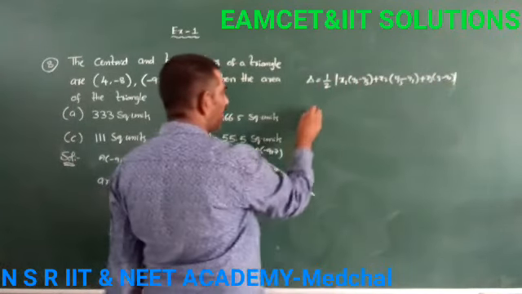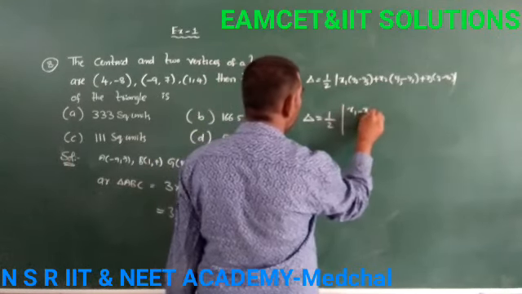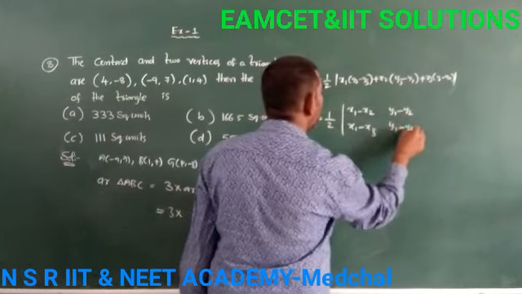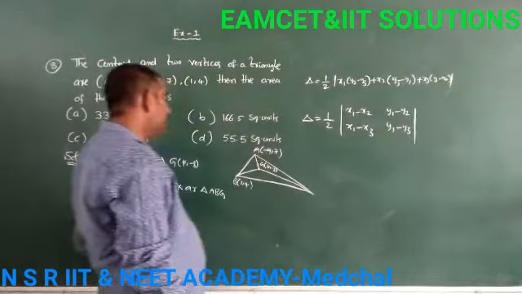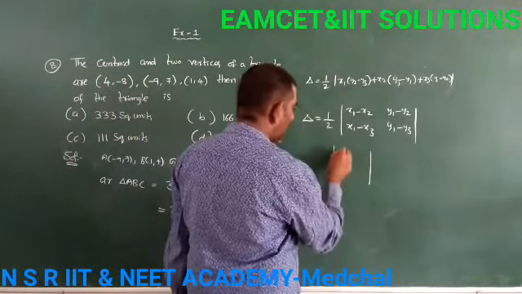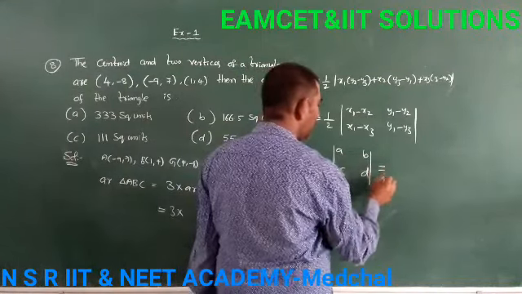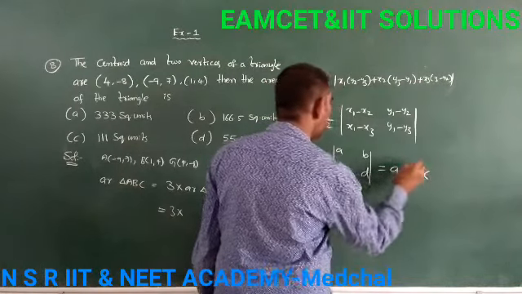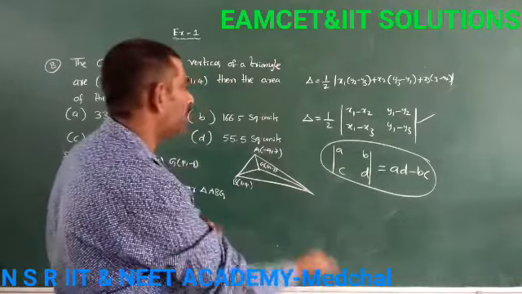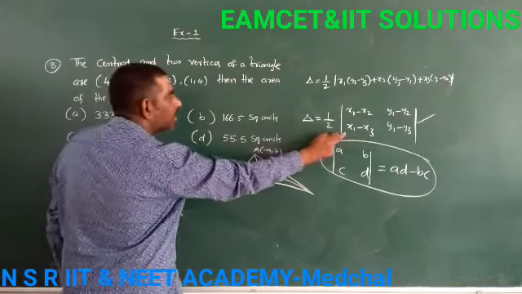So we have another formula in the matrix method: delta equal to half mod of the determinant with rows x1 minus x2, x1 minus x3 and y1 minus y2, y1 minus y3. This is very easy to simplify the question. So how to get this one? In a matrix A, B, C, D, the determinant is equal to AD minus BC. We are using this formula in the area of triangle formula. So that's the determinant form, the matrix form of the area of triangle formula. Use this formula, this is very easy for you.